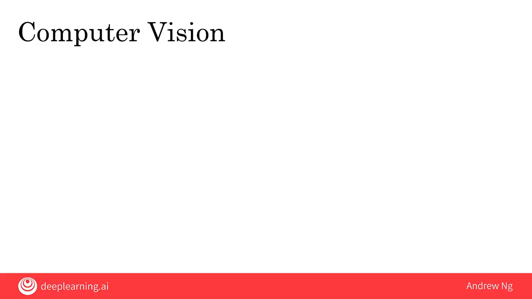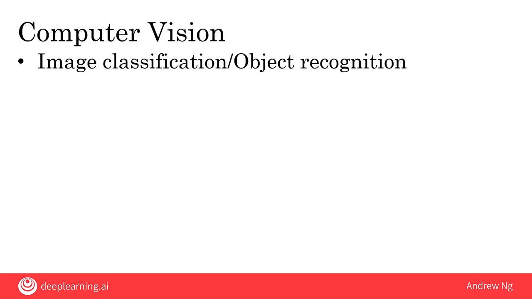One of the major successes of deep learning has been computer vision. Let's take a look at some examples of computer vision applications. Image classification and object recognition refer to taking as input a picture like that and telling us what is in this picture. In this case, it'd be a cat. Rather than just recognizing cats, I've seen AI algorithms able to recognize specific types of flowers, AI able to recognize specific types of food, and the ability to take as input a picture and classify it into what type of object it is being used in all sorts of applications.